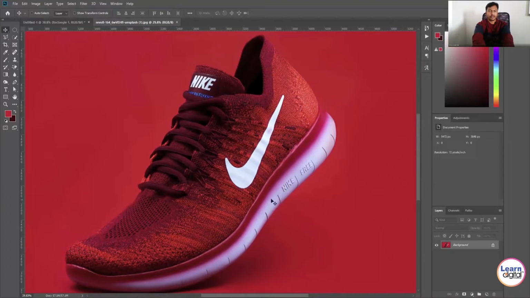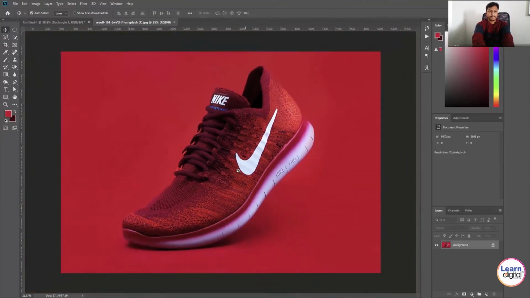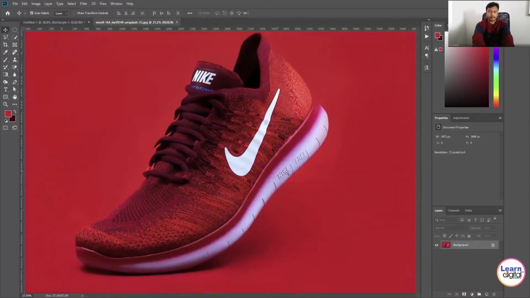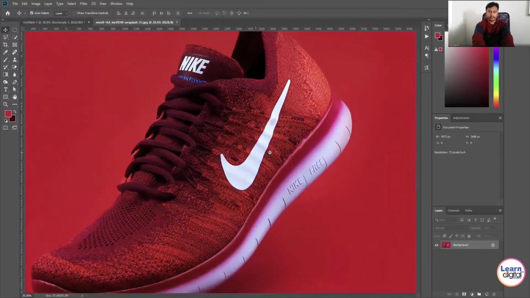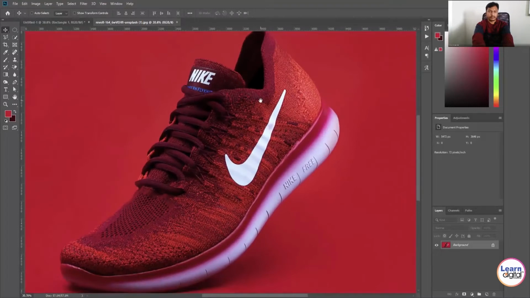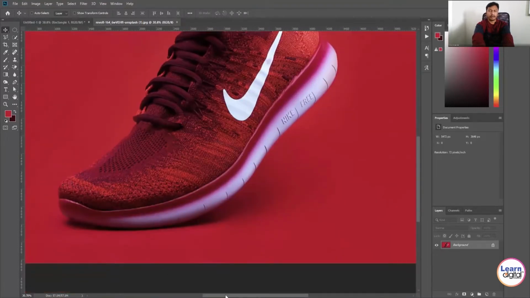To make selections, you can use any selection tool. Yeah, looks good. The quality is good. Normally, whenever I'm extracting anything from a background, in most cases I prefer the pen tool.